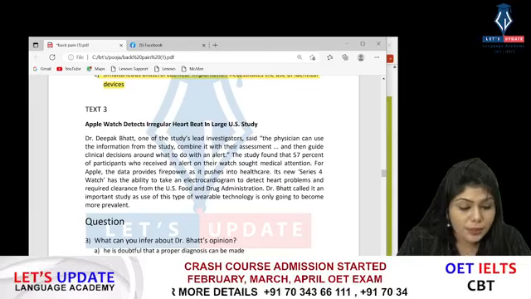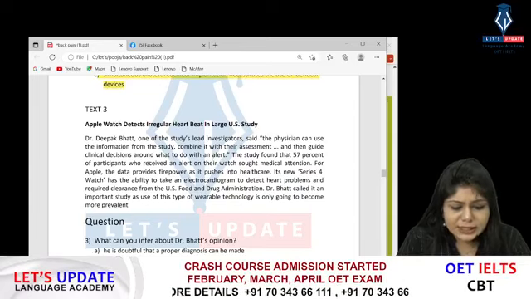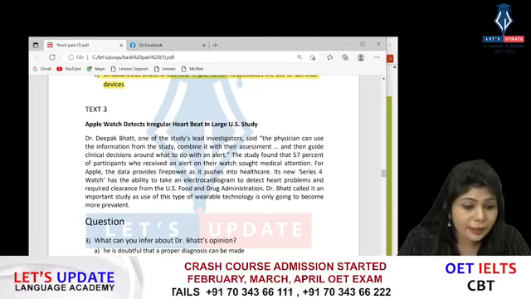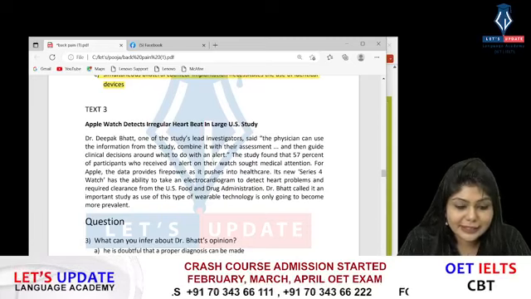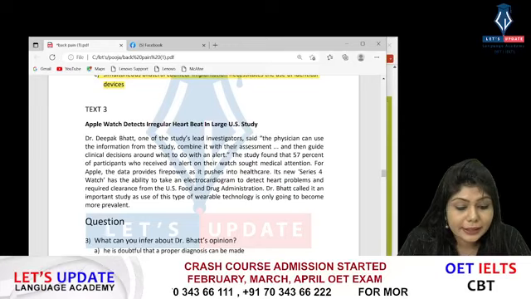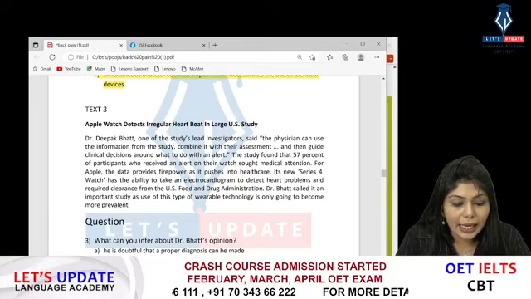Regarding option A, he's doubtful that a proper diagnosis can be made. He's not doubtful there, right? Anywhere in the text, there is no mention of him being doubtful about the diagnosis that can be made. So you can eliminate A. And what about